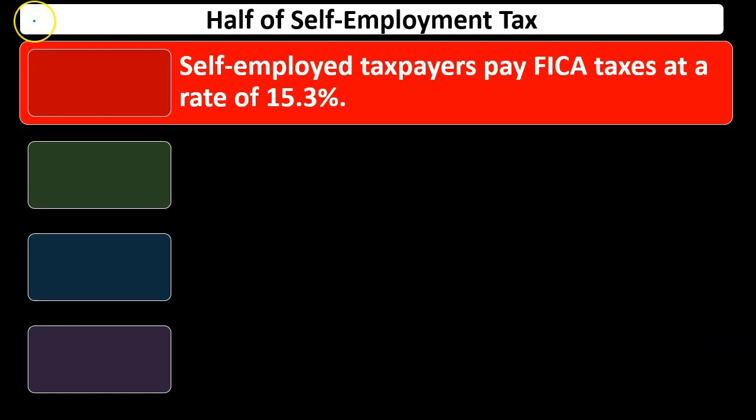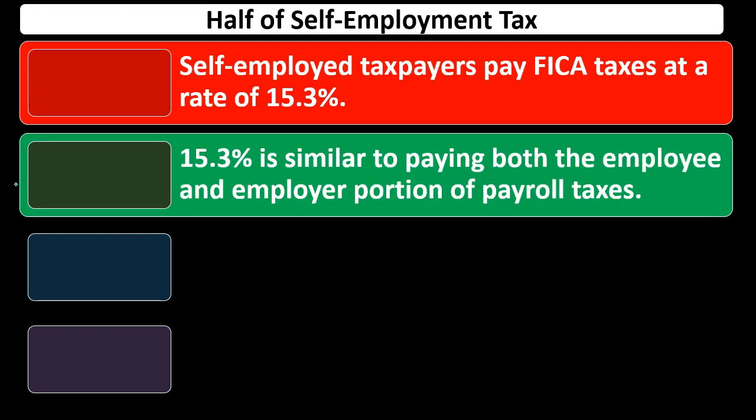So the amount of the deduction then would be half of the self-employment tax. So a Schedule C individual who has a business would have the payroll taxes, and half of it would be deductible. So self-employed taxpayers pay FICA taxes, Social Security and Medicare, at a rate of 15.3%. So if you have your own Schedule C business, 15.3% is the general rule of the self-employment tax. 15.3% is similar to paying both the employee and employer portion of payroll taxes. So that's similar to if you had a business, you're thinking about both the employee portion and employer portion of